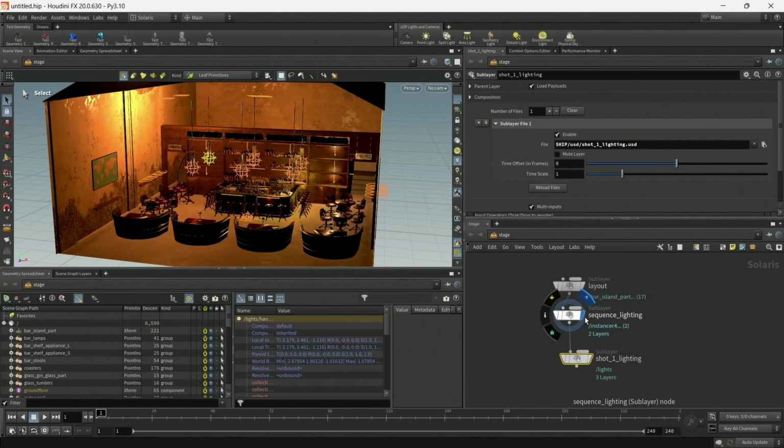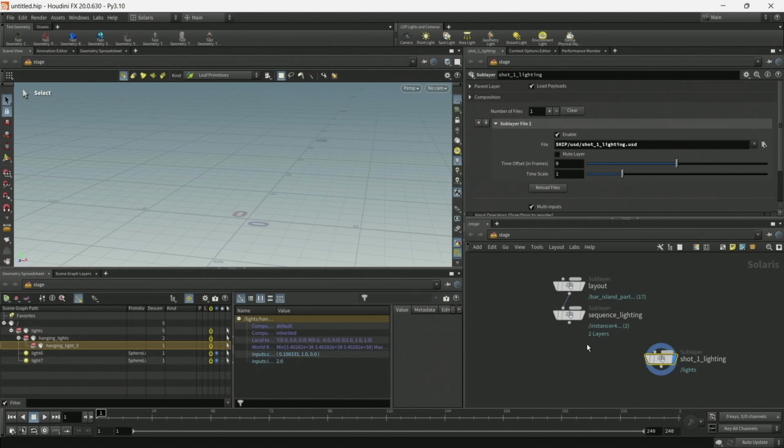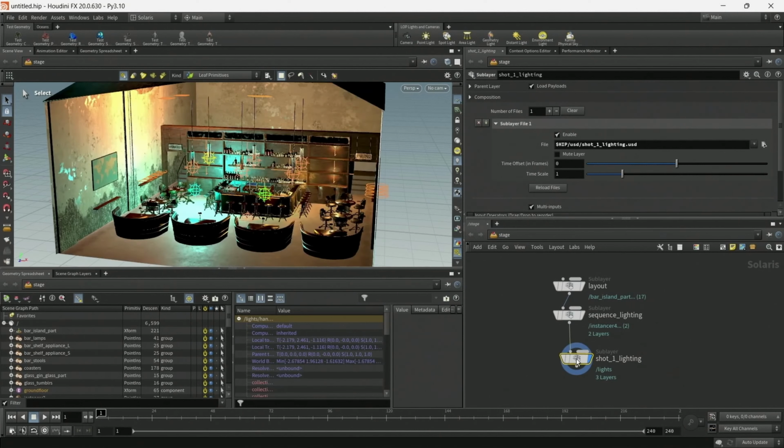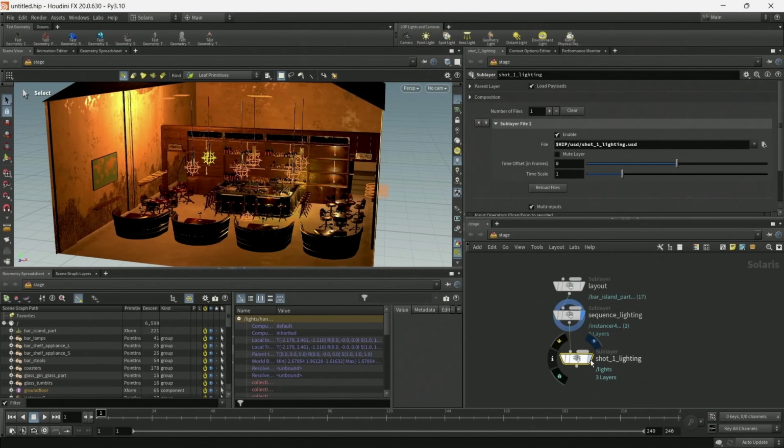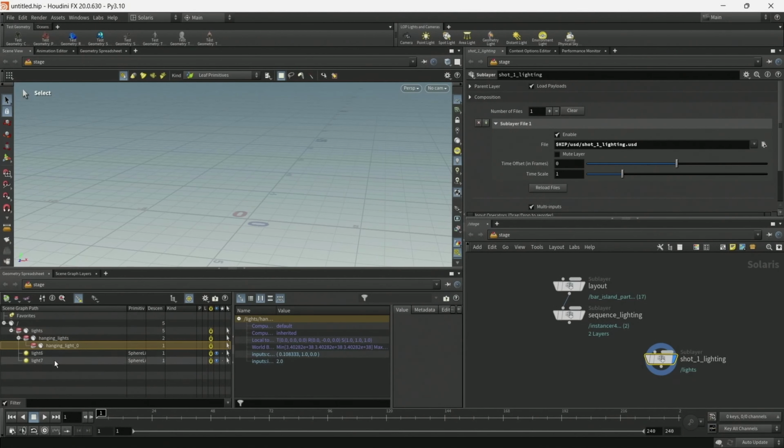The files can all be worked on simultaneously, and this affords your production all the flexibility that USD and Solaris have to offer.